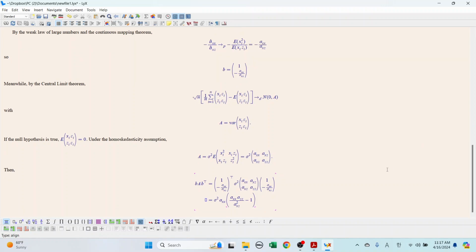So this is what I wrote here. And I simplified this even more by replacing this term by 1 over rho squared,